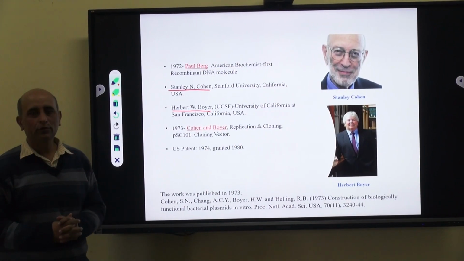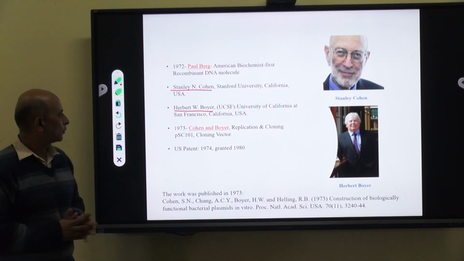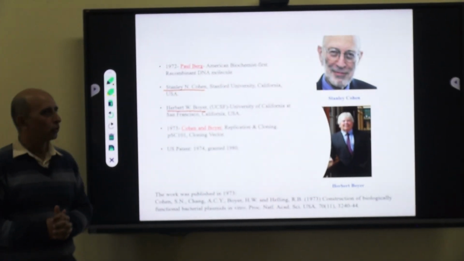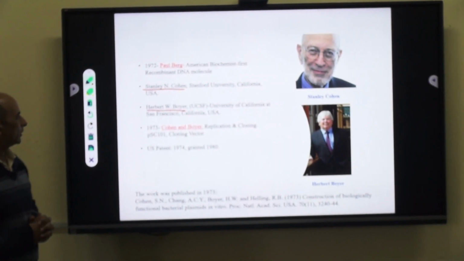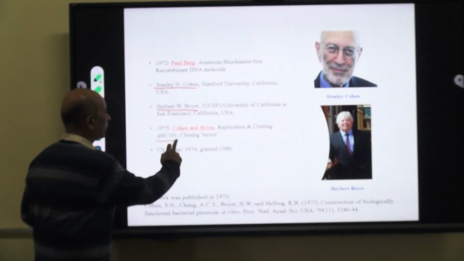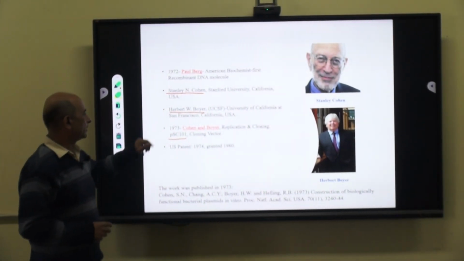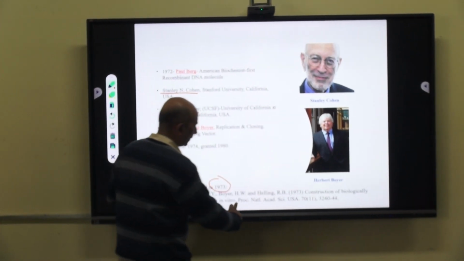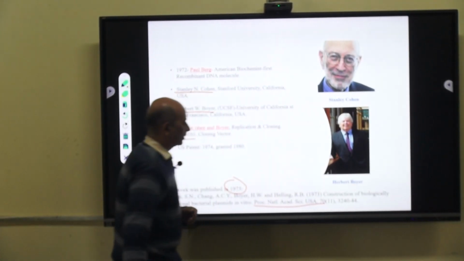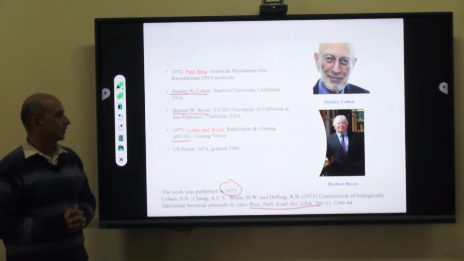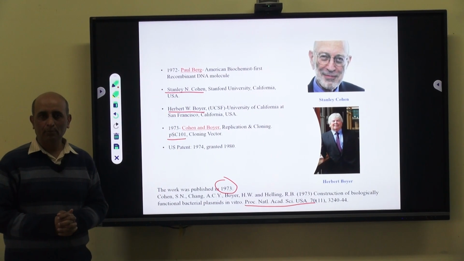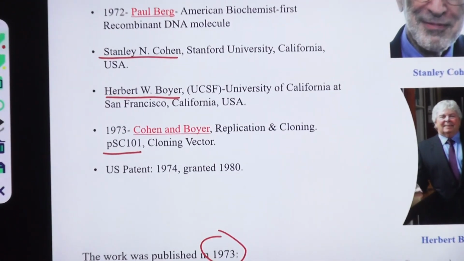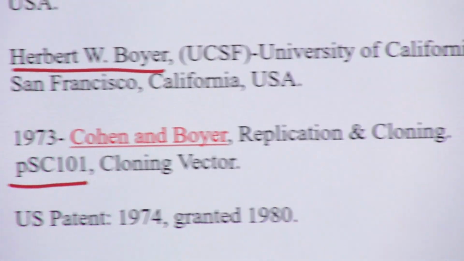Stanley Cohen was at Stanford University, California, and Herbert Boyer was a professor at the University of California, San Francisco, and both of them worked together in creation of this first plasmid PSC-101, and in 1973 they published their findings in the PNAS journal. This was the first example that any extra chromosomal DNA or plasmid could be used as a vector for cloning foreign DNA and transformation into